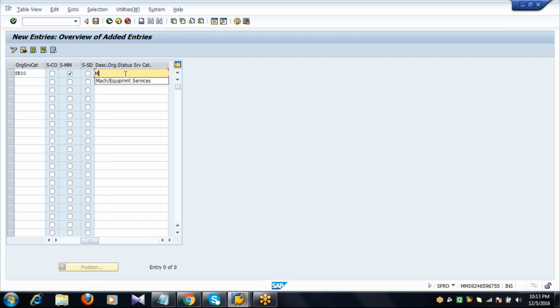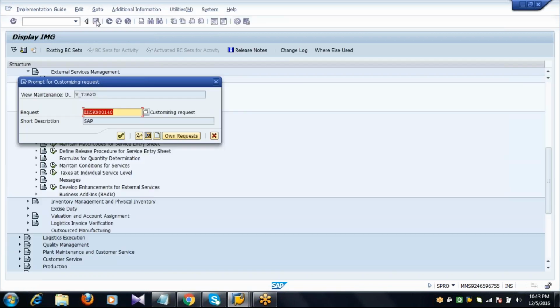And here the description: machinery or equipment services. Save.